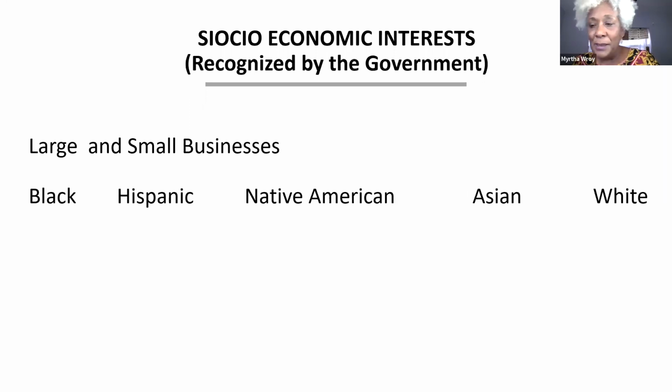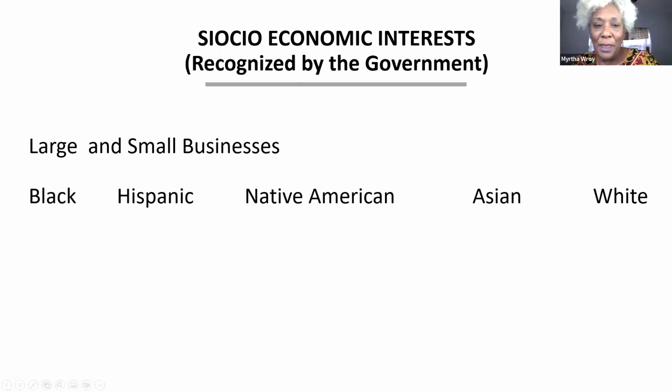So who is recognized by the government? Large and small businesses. The government has to be gender and race neutral because this is federal dollars. So everybody qualifies.